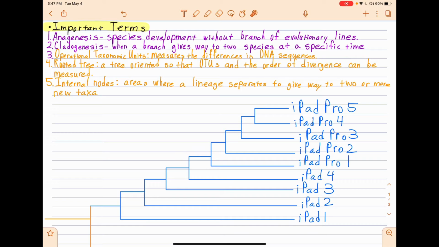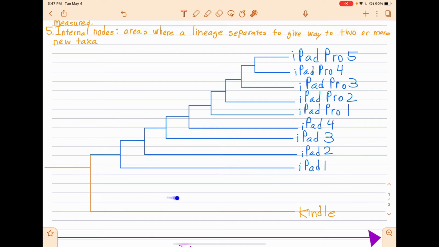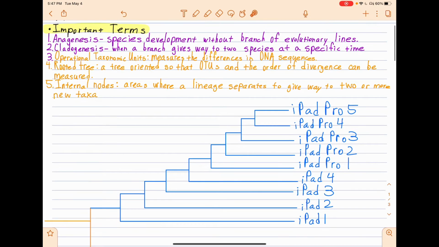Some important terms to review would start with anagenesis, where species development will occur without change in evolutionary lines. It just stays straight. So an example would be the Kindle. And cladogenesis would be an example where a branch gives way to two species at a specific time. So we would see something like this being an example of cladogenesis, the iPad Pro 5 and 4 giving way